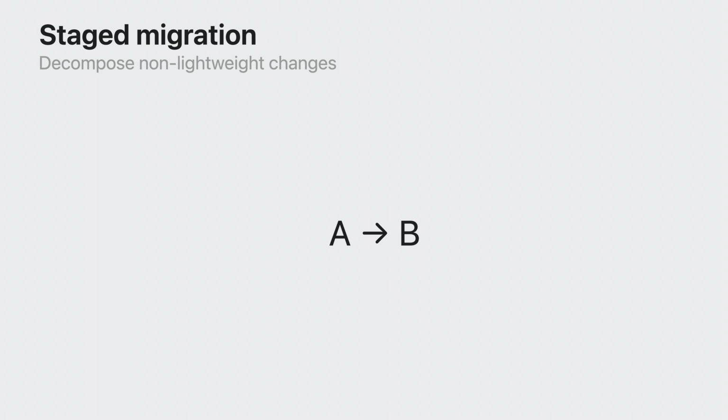When decomposing non-lightweight changes, the goal is to transform migration tasks that aren't eligible for lightweight migration into a minimum series of migrations that are eligible for lightweight migration. Each of the models introduced will have one or more operations that is within the capabilities of lightweight migration that compose the non-conforming changes. The result is a series of migrations where each model is lightweight migratable but equivalent to the non-conforming migration.